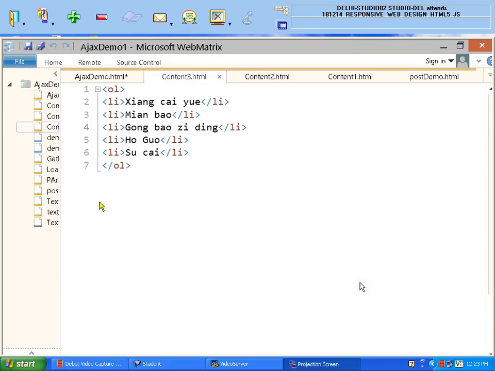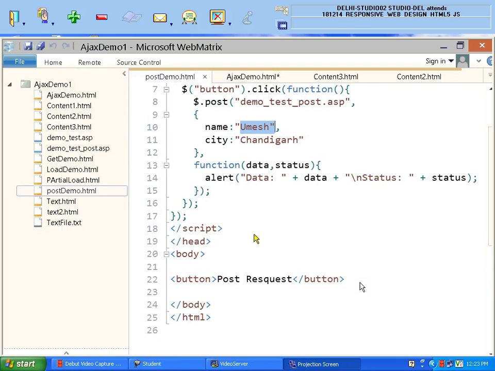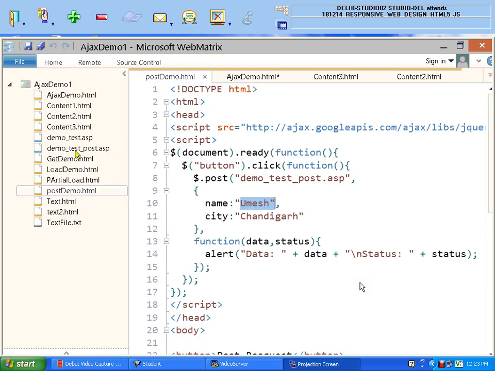Now my page name is post demo. This is not post demo, it is Ajax demo.